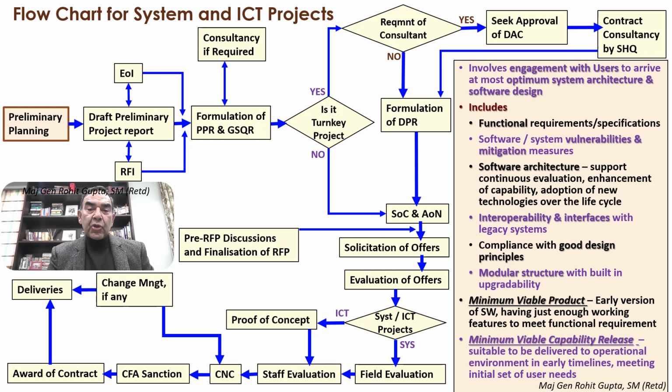Now I come on to the flow chart for the complete process of system and information communication technology projects. This flow chart is primarily what I'll be devoting my complete sessions to. What you see on the left hand side is the complete flow, and you see a box in brown, the rest in yellow, and on the right hand side you see a box in brown. The box in brown on the right hand side is related to the box in brown on the left hand side, and we'll go along the complete thing giving the explanation of each one of the boxes.